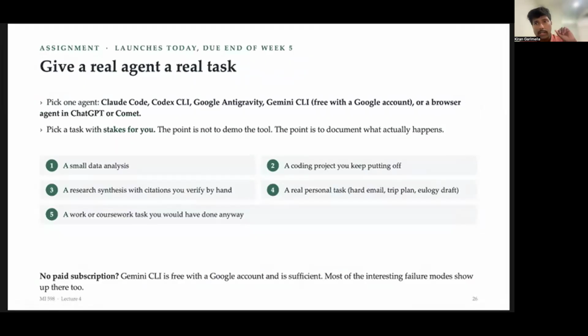Okay, so today we are launching this. I mean, last week also we mentioned this. Pick an agent of your choice. Again, I really, really encourage you to do this, because if you don't try it out, you really don't realize the power of these AI agents and the progress that the agents have made.